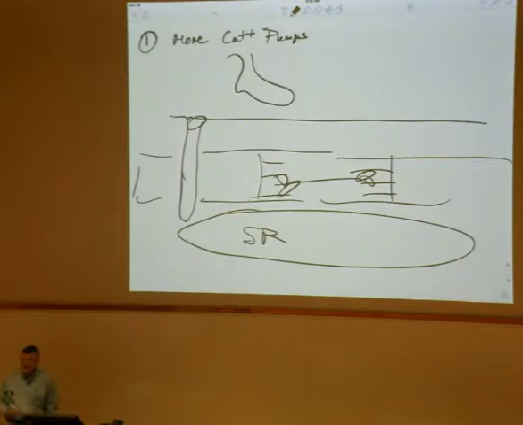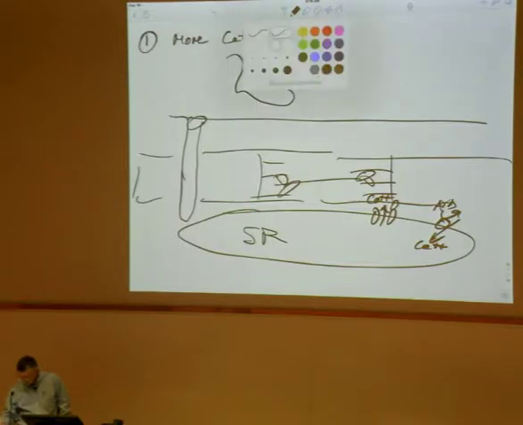Okay, so here's the quick sketch I would be using. I'd be sketching pumps that are using ATP to move calcium into the sarcoplasmic reticulum. Channels are allowing the calcium out. Okay, so with more calcium pumps than normal, we'd add